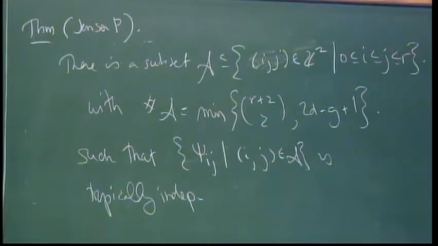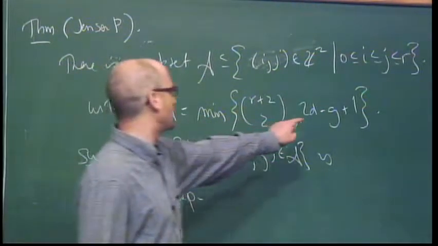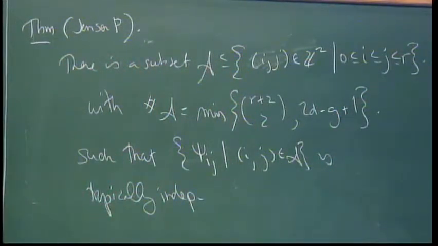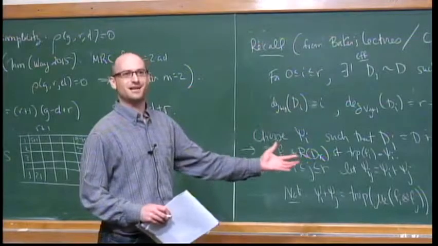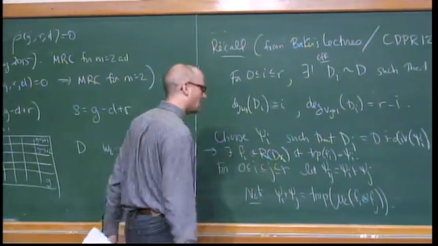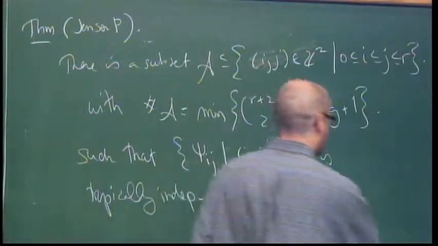This set A is far from unique. So when we're in the surjective case, which is the 2d minus g plus 1 case, and we actually have to choose A, there are many choices. And finding a consistent way of making the choices is actually a headache. The theorem would be easier to prove if the choice of A were canonical. But in some sense, the theorem is more true in the sense that there are many, many choices you could make for A, but that non-canonicity